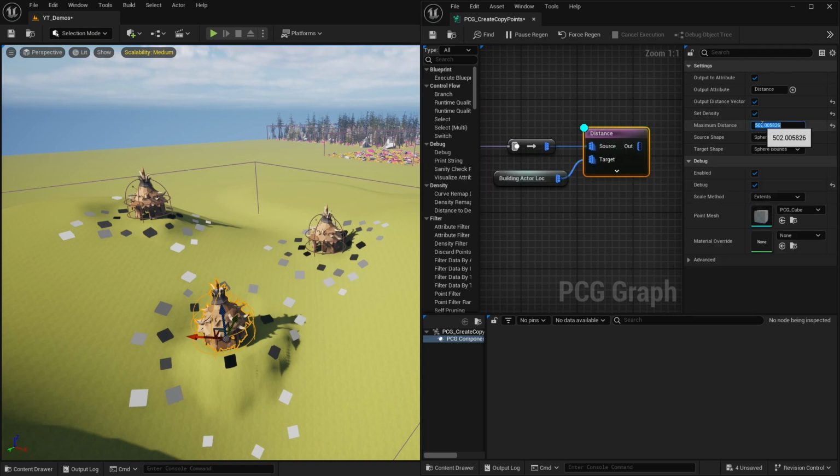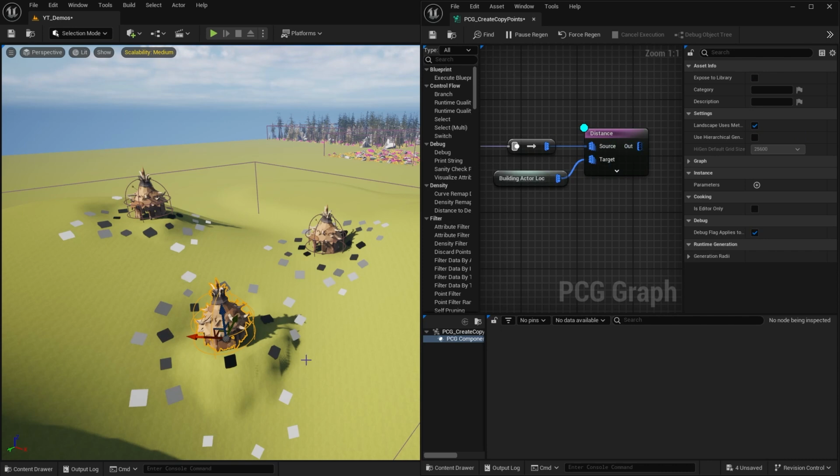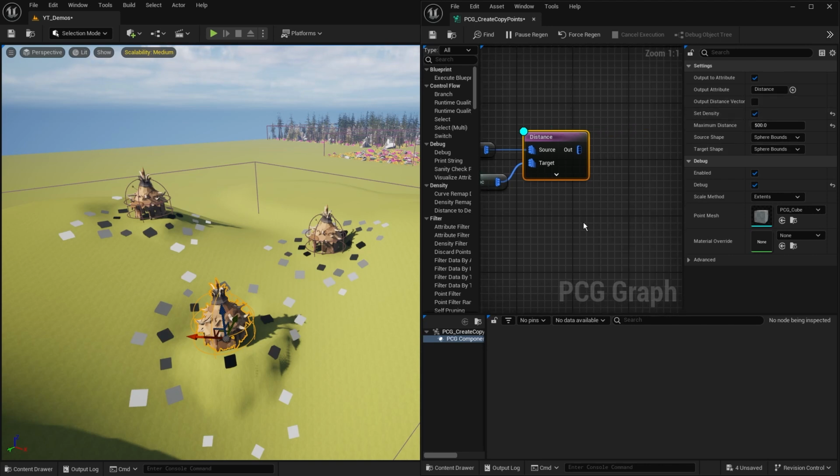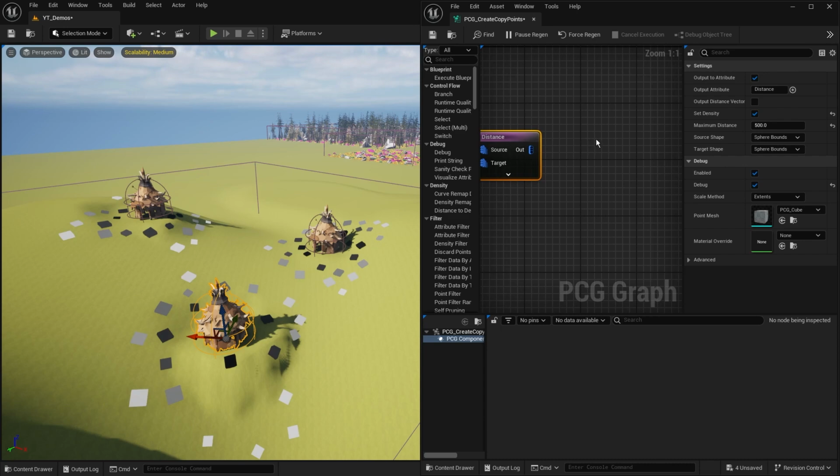So this distance node is basically letting me know how far away each of these points is from the target. The target is the building actor in the middle. And I'm using this to output a density value for me. That density value is what's determining this going from white when it's further away to black when it's up close. Okay, so what we're going to look at is something called scale